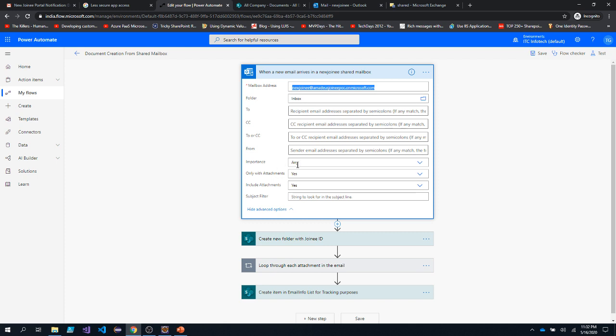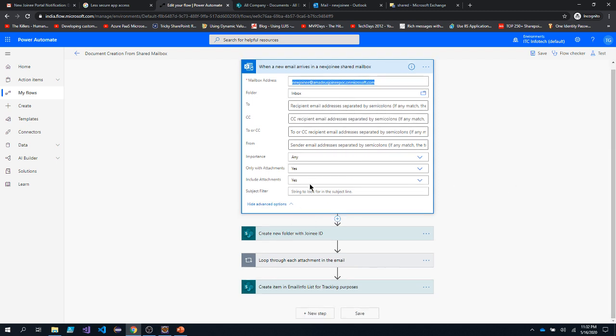So importance could be of any importance like normal, high importance. I want to only process this when a new joiner sends the email with an attachment. If no attachment is sent, I do not want to process it. So that is the condition that we have used when a new email arrives inside the shared mailbox. Then